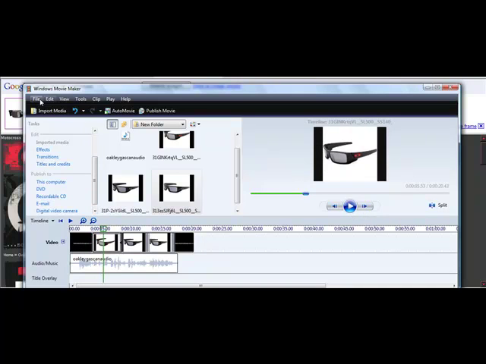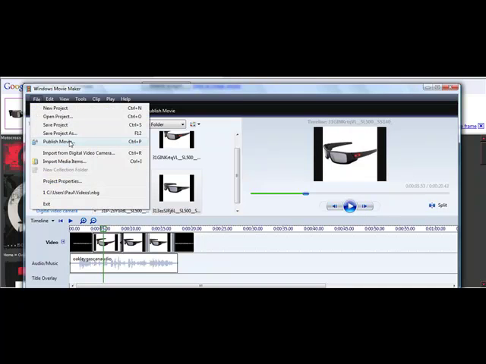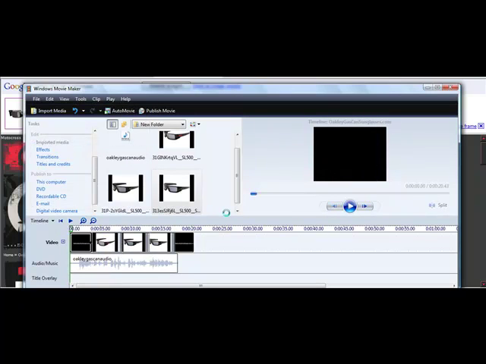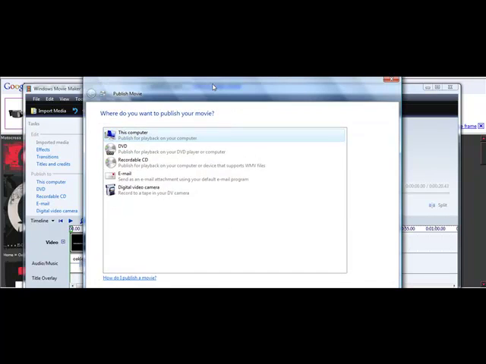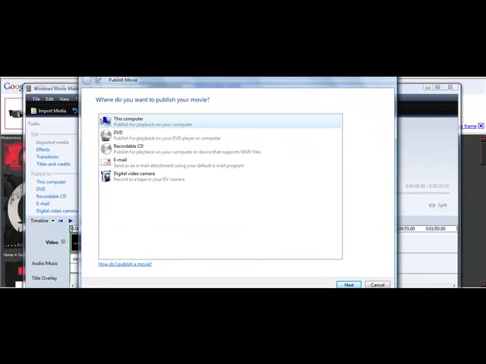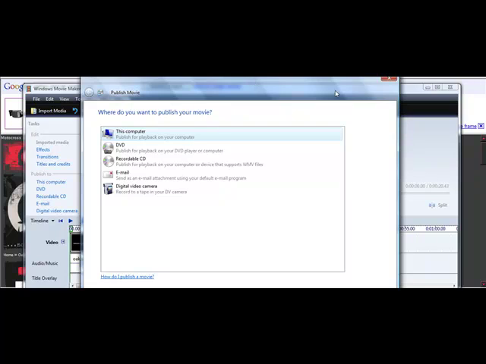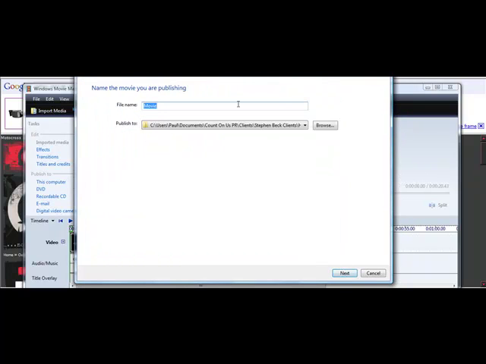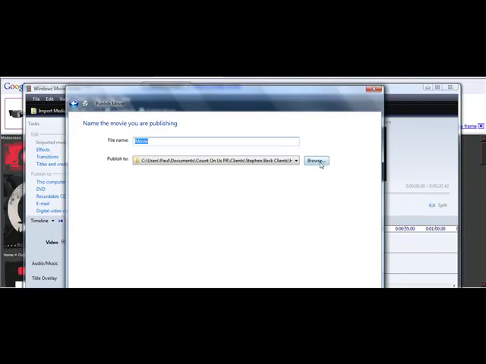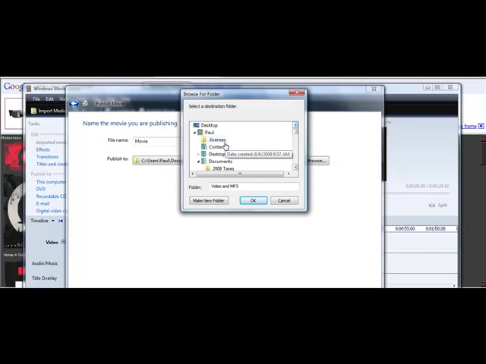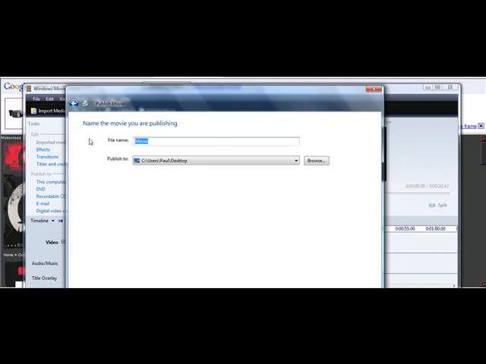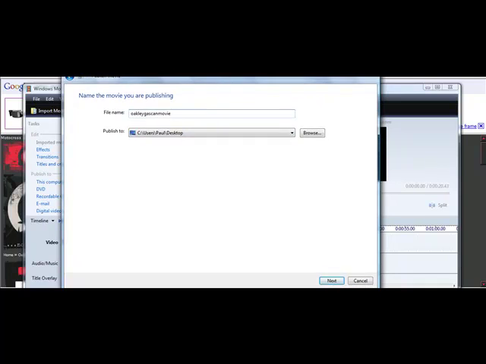Now that you're done with that, just go to File, Publish Movie. So go ahead and choose File, Publish Movie, and then choose to this computer. So let me just bring this window down, Publish to this computer, and go click on Next, and choose the folder you want to save it in. So I'm just going to go to Browse, and let's just save it up here to like the desktop. Hit OK, and let's call this Oakley Gas Can Movie. And then simply come right up here, click on Next down in this area,